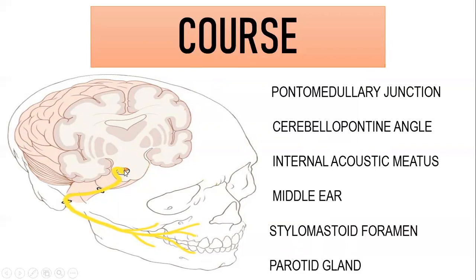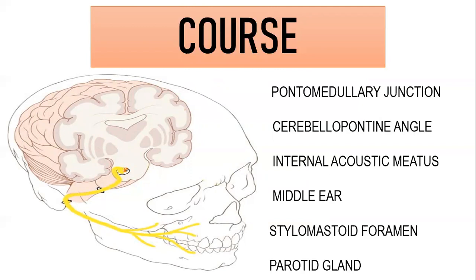Here this will be your cerebellopontine angle, internal acoustic meatus, and then stylomastoid foramen. Here we have three very, very important landmarks. Now, to teach you the course, I have put only pictures so that you get an orientation, and once I am done with the course, I have put a flow chart for revision.